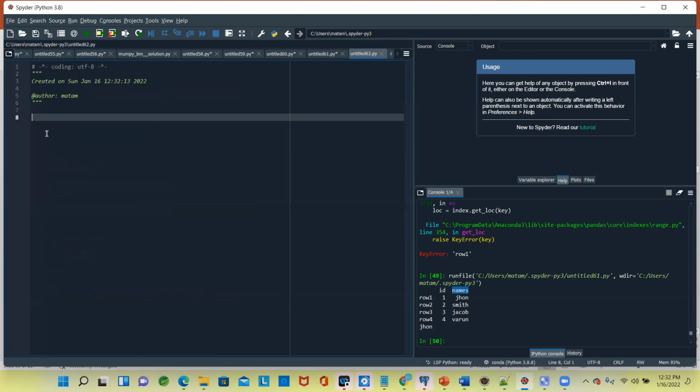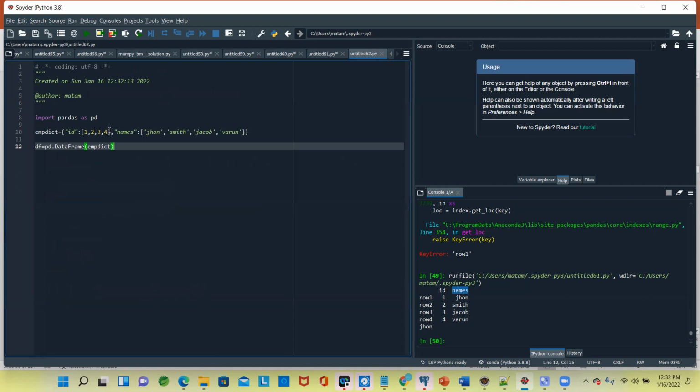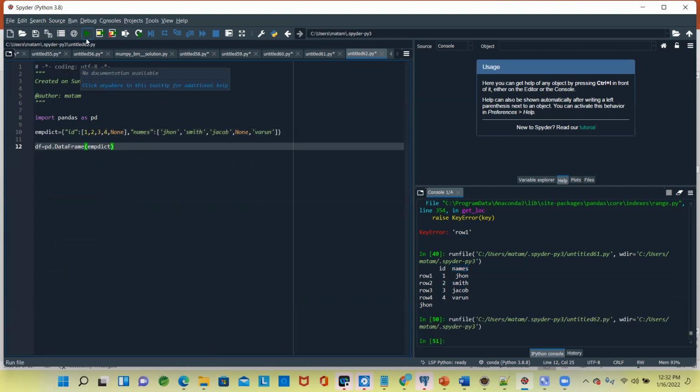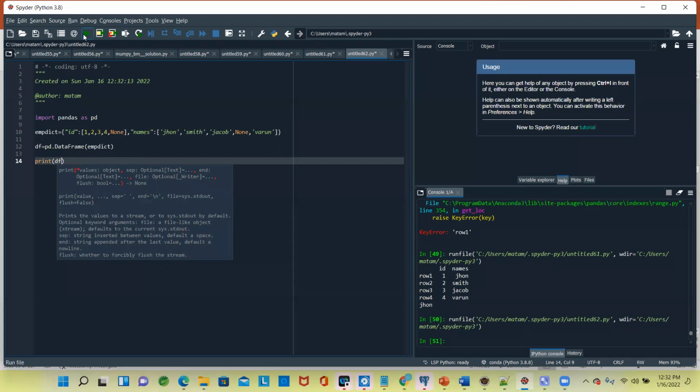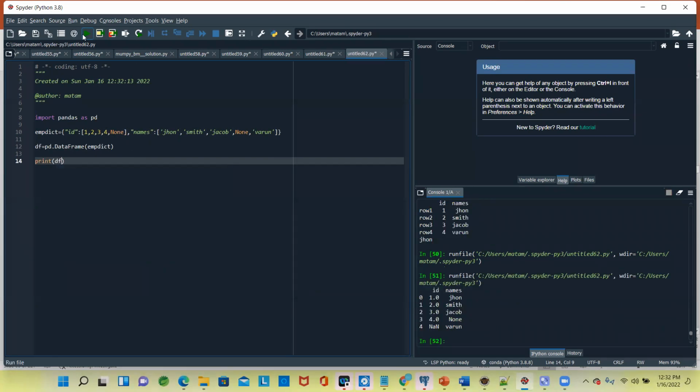Now how will it be if I pass in all values? I'll say none, and I'll say none. But we have not printed the data frame. Yeah.